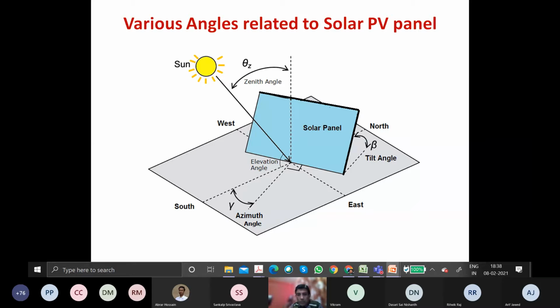So the energy of the photon should be more than the band gap energy of the material on which it is falling. Then only the electron hole pair will generate. Right? So that is the basic concept. The photon energy should be greater than or equal to the band gap energy of the material on which it is falling. To liberate the electron, the photon energy should be higher than that. Now, every material has a different band gap energy,